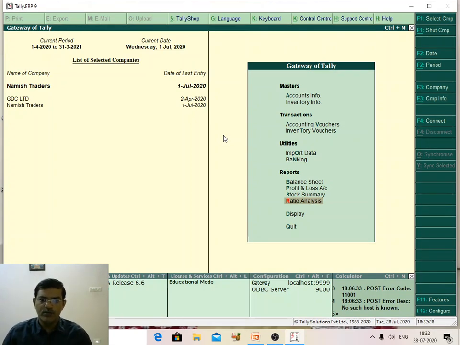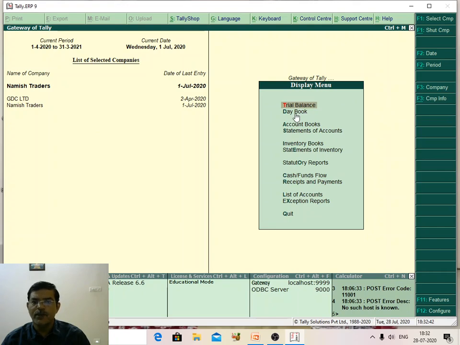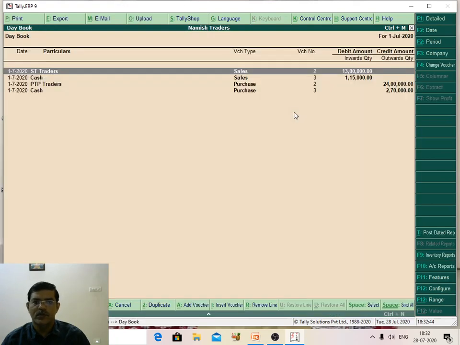How can we view the books and reports? First I will show you how we generate day-wise reports. Go to Gateway of Tally screen, display, and select day book. Here, day wise, you can see what transactions happened.